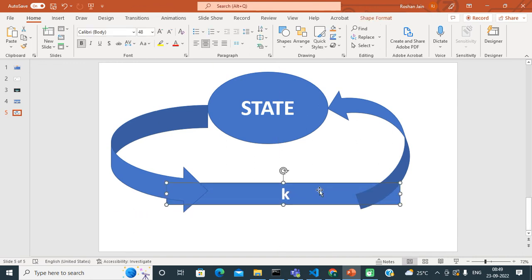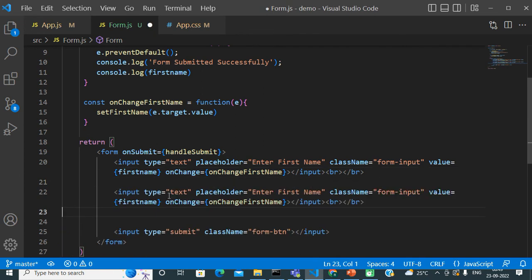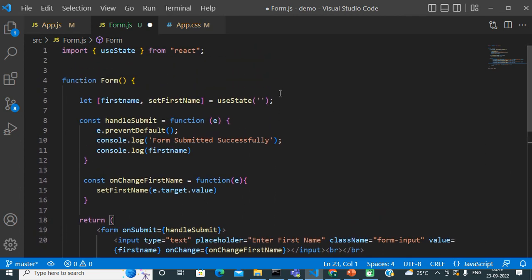Okay, so now friends, whatever we did, we just did for one input field element. But if we have another input field element in the same form, then we have to follow the same pattern for that second input as well. So let's say I have a new requirement to add one more input field to the same form, like this, and it will be a last name, "enter last name." So all things will be the same. My requirement is to add another field, one for first name and one for last name. In that case I have a second input field in my form. That's why I have to create another component state.